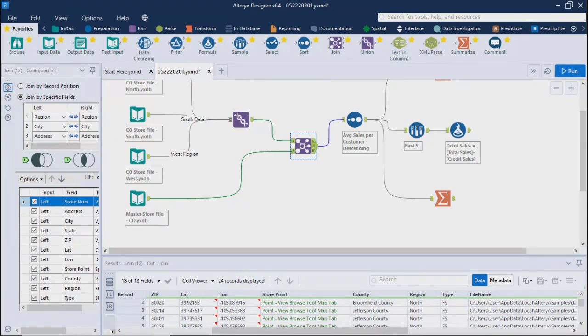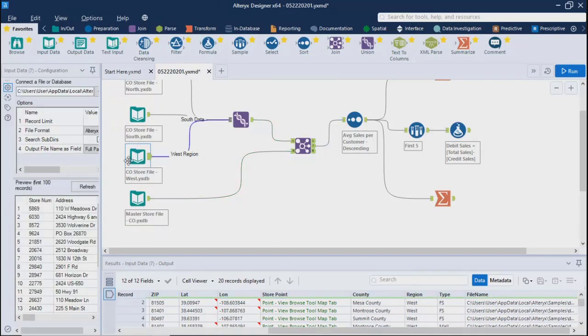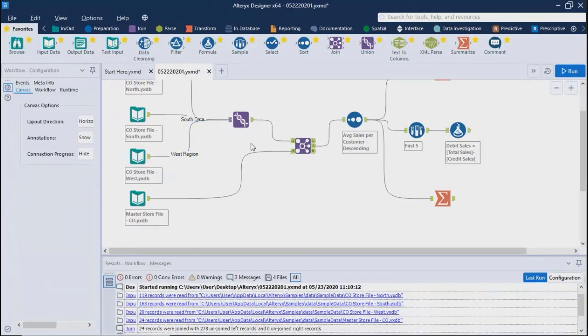See, let me just tell you one thing. You already have west side data. You can take it directly right from here. But what I want as a use case, as a scenario, is to extract west data out of this union. That's the problem statement. Extract, you can say filter out, whatever you want. I want to filter out west region's data out of this union. Which control should we use?